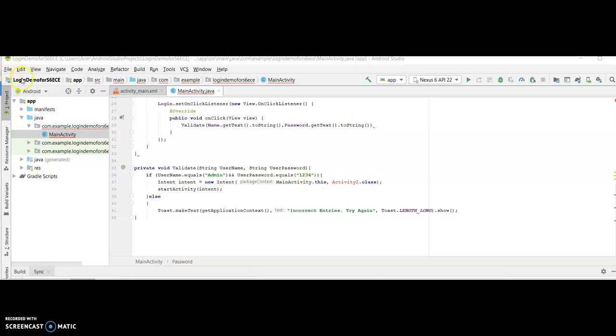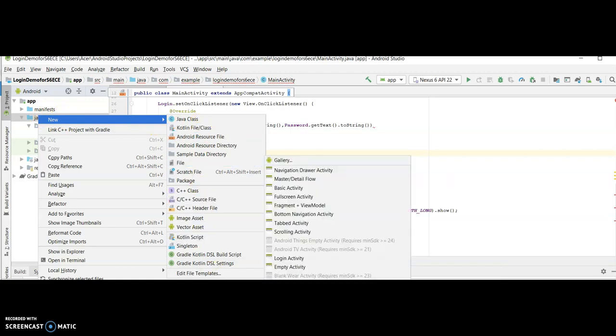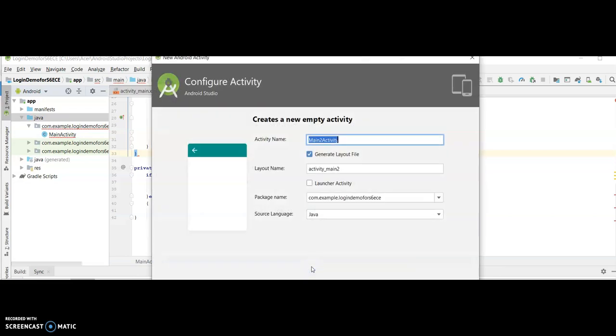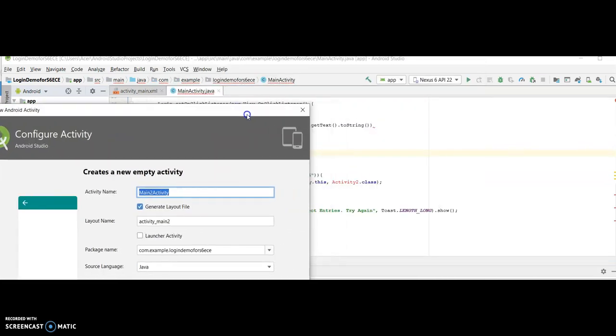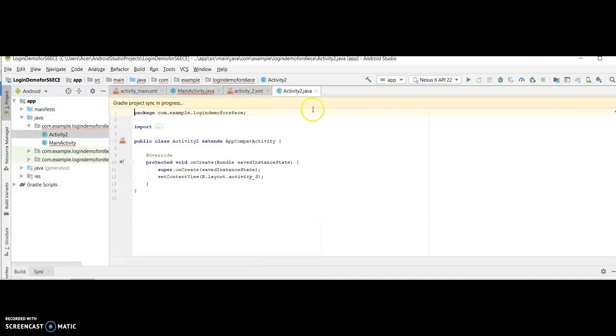So for that, what we'll do is we'll come to this Java file and we'll right click on it and we select new, and then we have this activity and we'll be selecting the empty activity. So this empty activity should be given the name as we have given over there. So let's see what was the name given over there. It was an activity2.class. So I'll name it as activity2. So that would be the one over here. So I finish it over here,